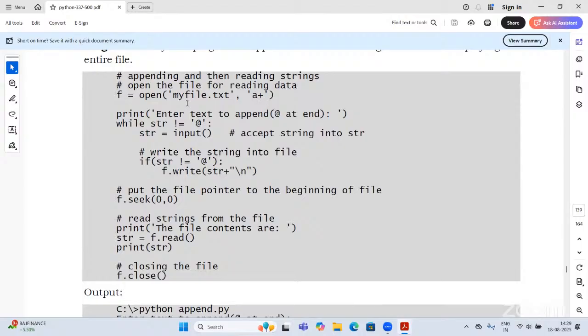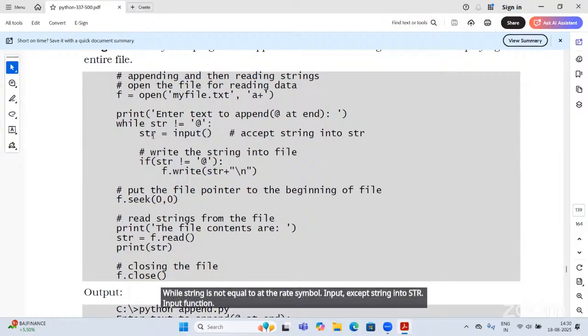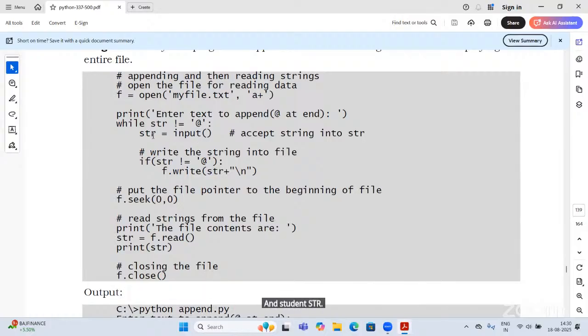Print, enter text to append, and the last point is to append the @ symbol at the end. While string is not equal to the @ symbol, accept the string into str using the input function.